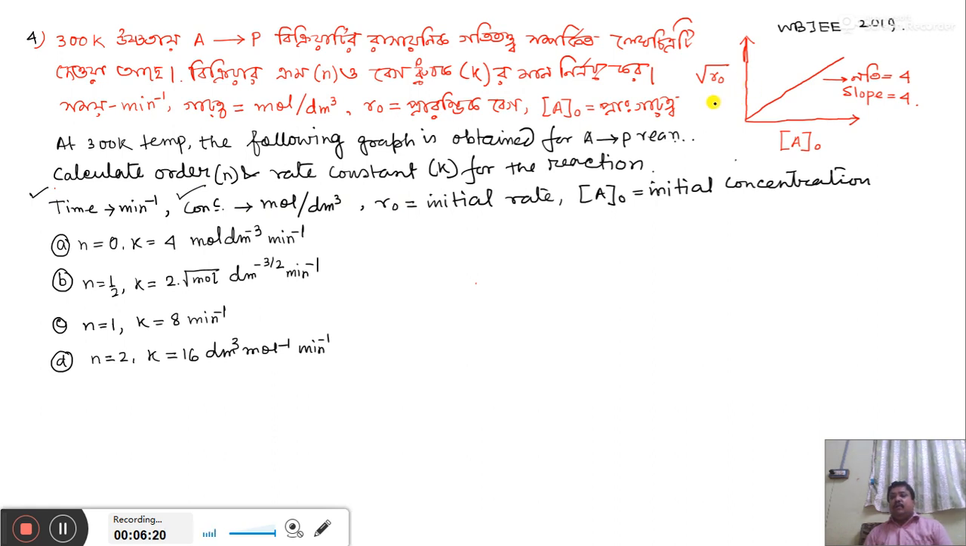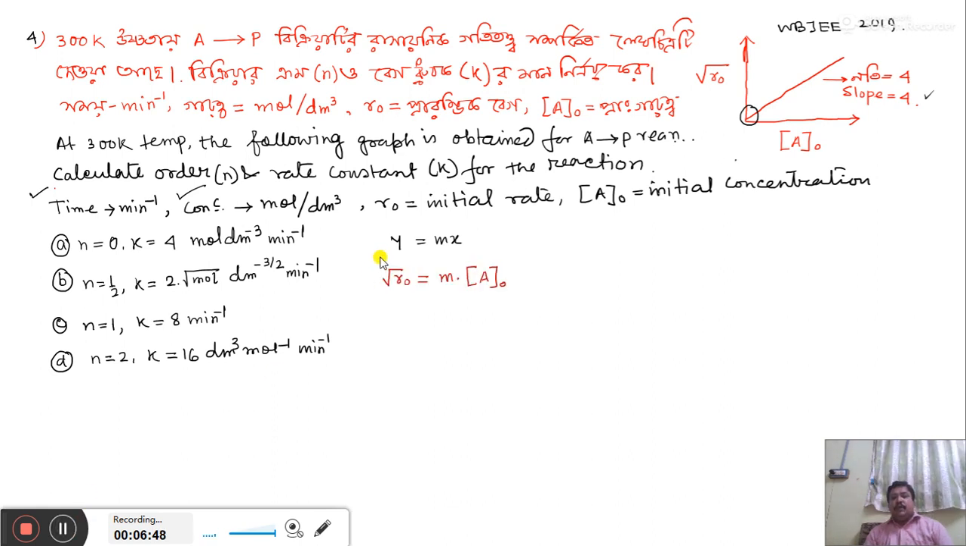Now the following graph is root over R0 versus concentration of A0, the initial concentration of A, passing through the origin. If it is a straight line passing through the origin, then we can write this straight line having equation y equal to mx. Now this straight line has slope 4. So we can write from the graph